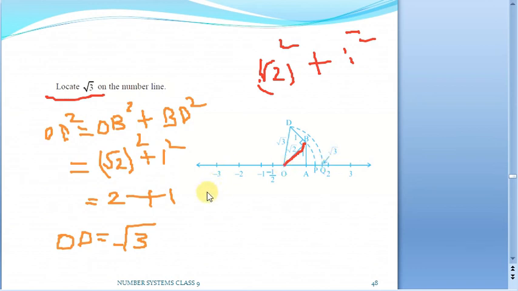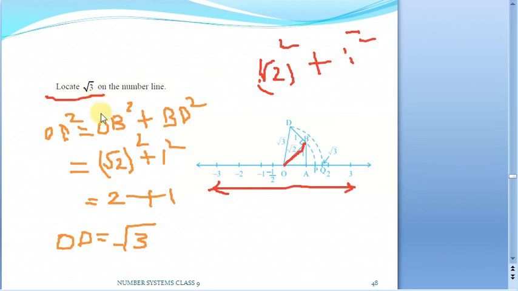Remember, take all these numbers equally spaced. Either you take 1 unit, 2 unit, 1 centimeter, 2 centimeter, but everything has to be equally placed. Suppose you take 1 centimeter distance between any two numbers, it is fine. If you take 2, it is also fine, but make sure that when you take the distance from -3 to -3 as 1, it has to also be 1 centimeter like that. Then only you will get our number line in a uniform manner. So this is how we can locate exactly root 3 on the number line.